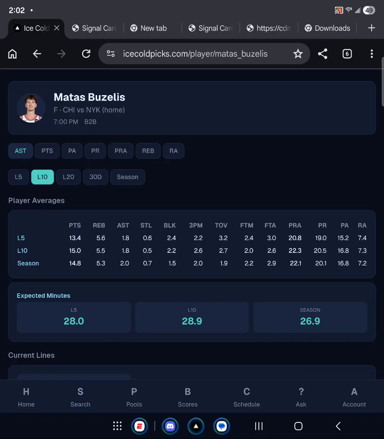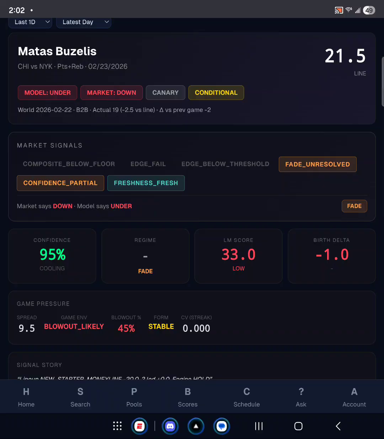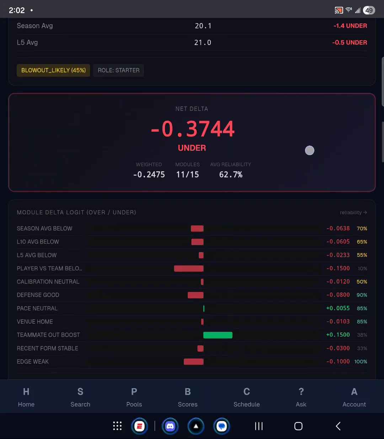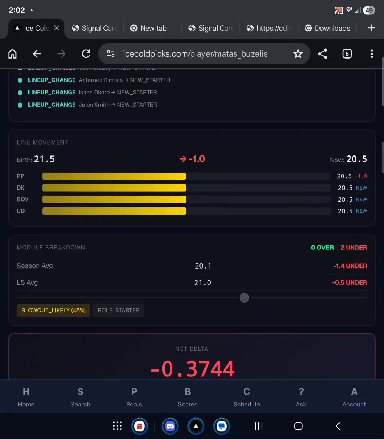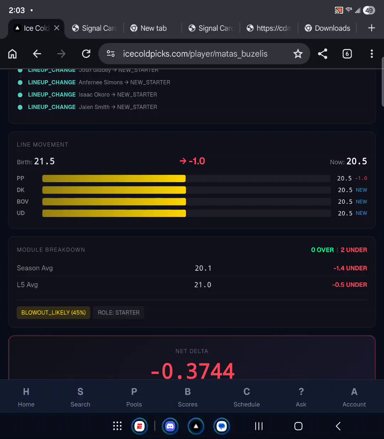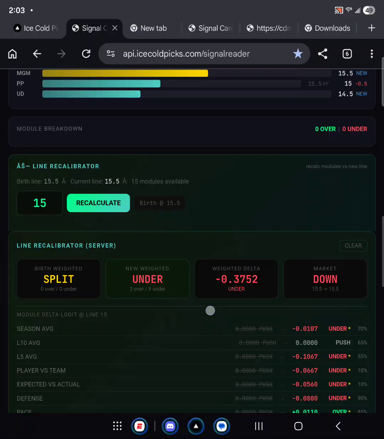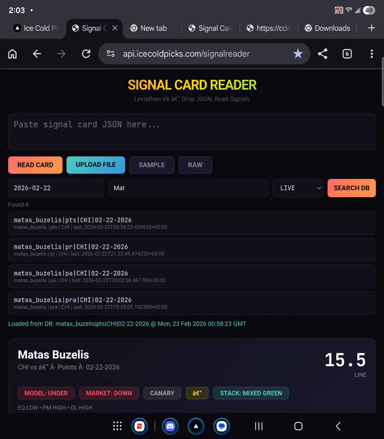You can come over here and this will give you a good visual graph. And this is actually for today. And this lets you know what's happening in real time. But it's better to use my signal reader for my website if you are a premium user, because the difference between the signal card here and the free one is that you are able to search and you're able to get the live lines versus just getting the